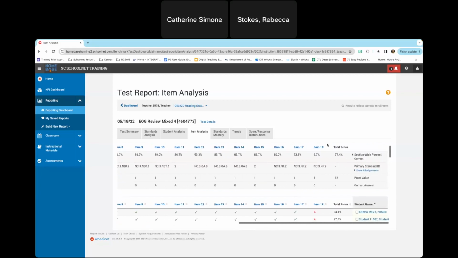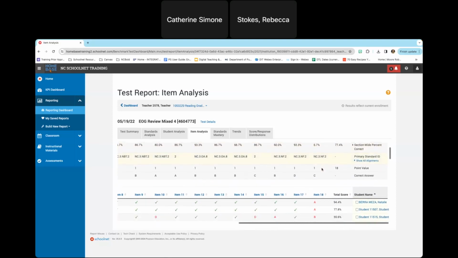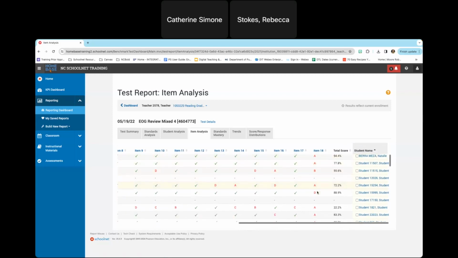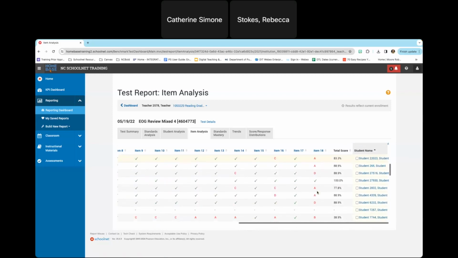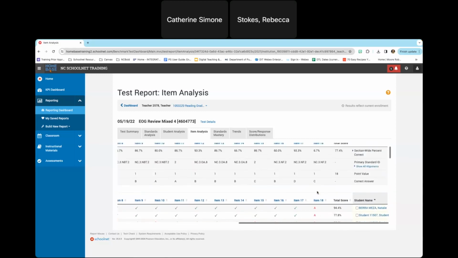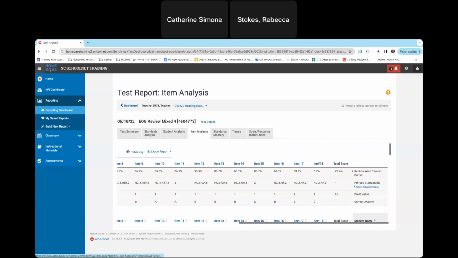Oh, here's one right here. So item 18, my class had a 6.7% accuracy on this question. If I scroll down, I can see I've got students choosing A, a lot of A's. It looks like a few D's, but A was the most common error. So if I actually click right here where it says item 18,